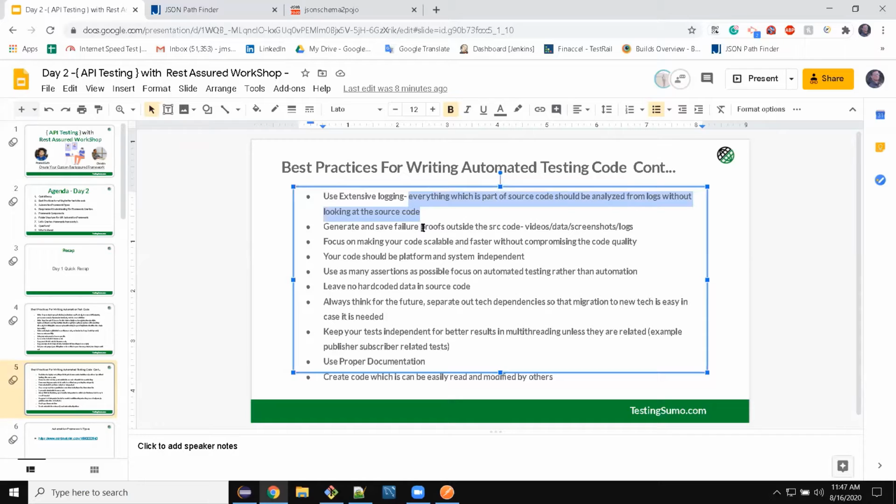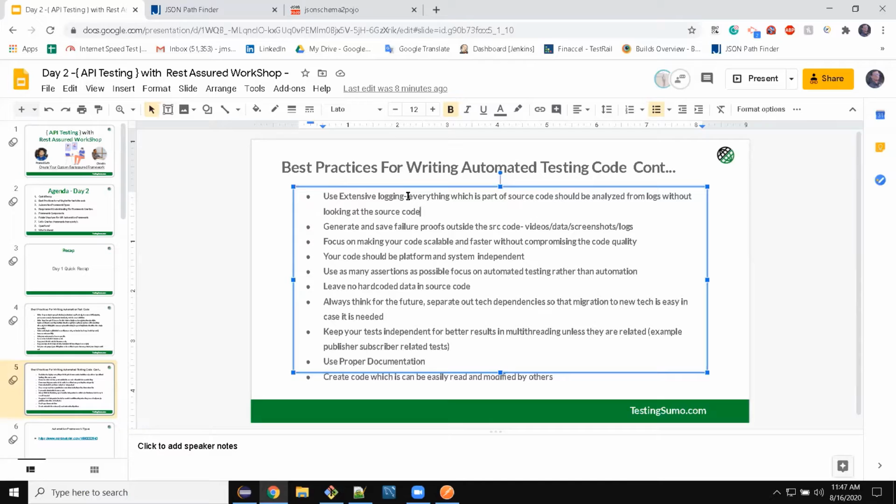Okay, so let's say something fails in your test cases. The external member should not depend on your source code to verify what is wrong here. Everything should be visible inside the logs. In Jenkins logs or the log files or the reporting, you should see why it is failing.